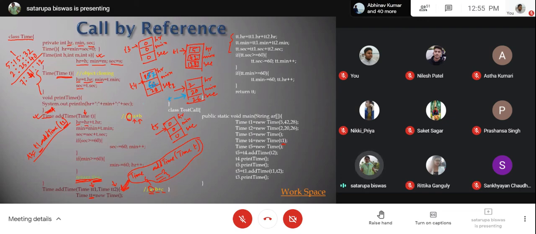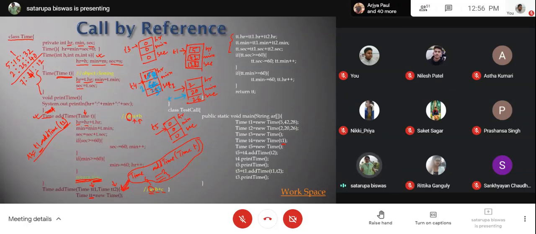After that, seconds are also to be added. 54. Okay, so 54, 62 and 7. After that you make the updation. 54 will never change because it is less than 60. Then in the minute you have more than 60, so it will be changed to 2 and 7 will change to 8. So 8 hours, 2 minutes and 54 seconds. That is going to be the answer present in T4, and T4 is the caller.